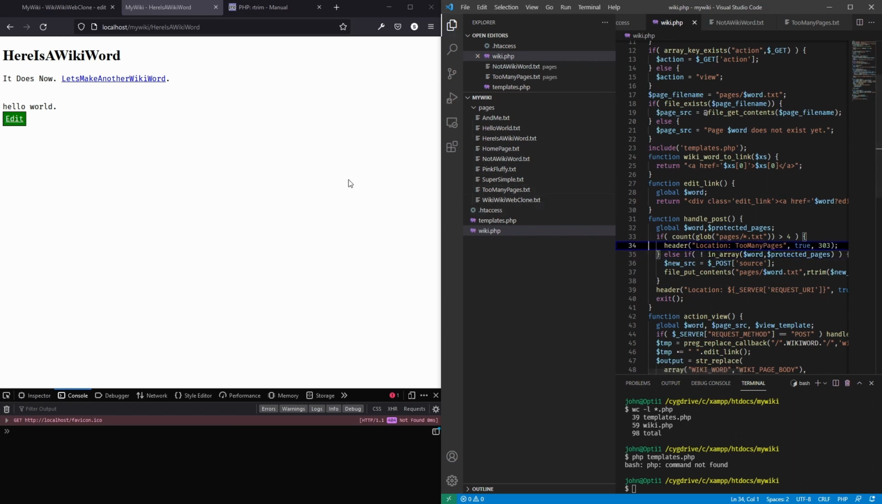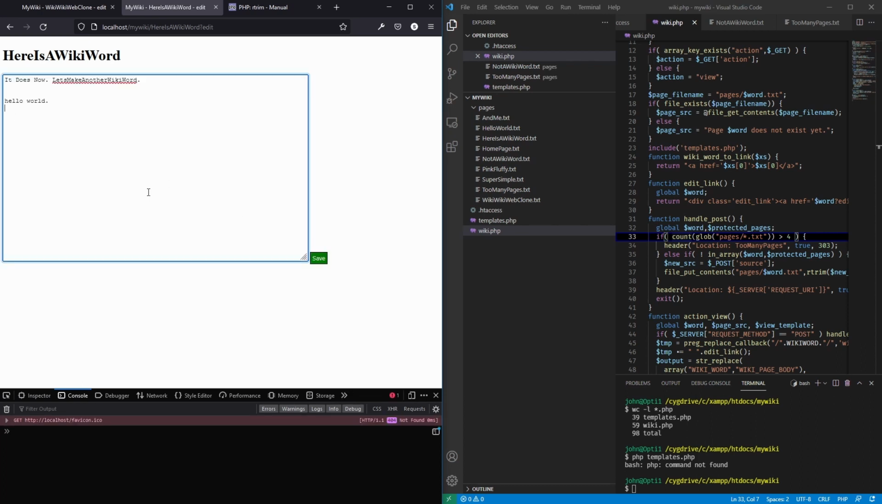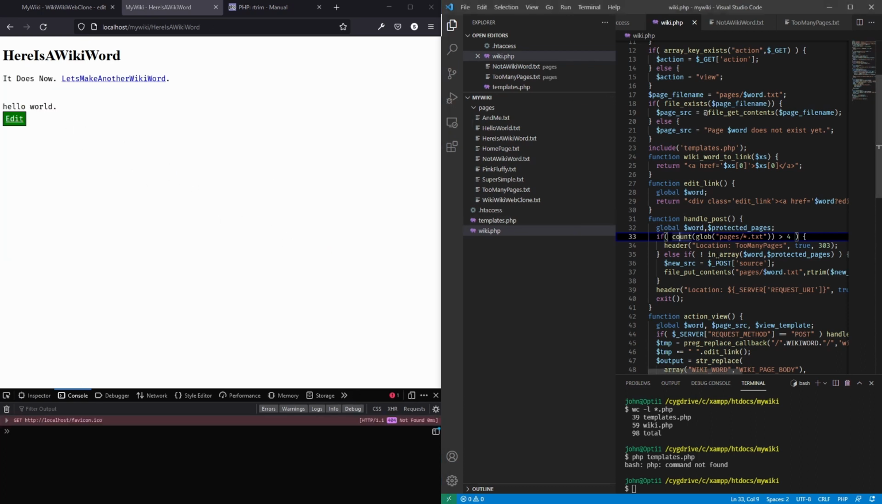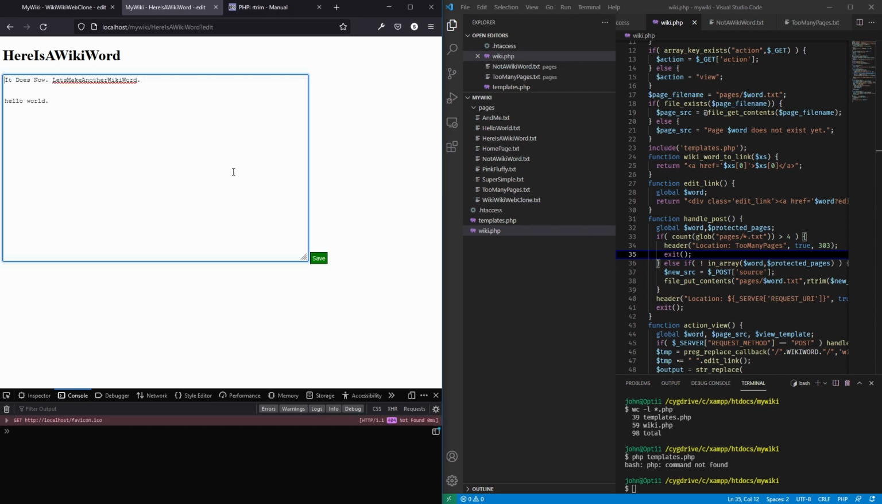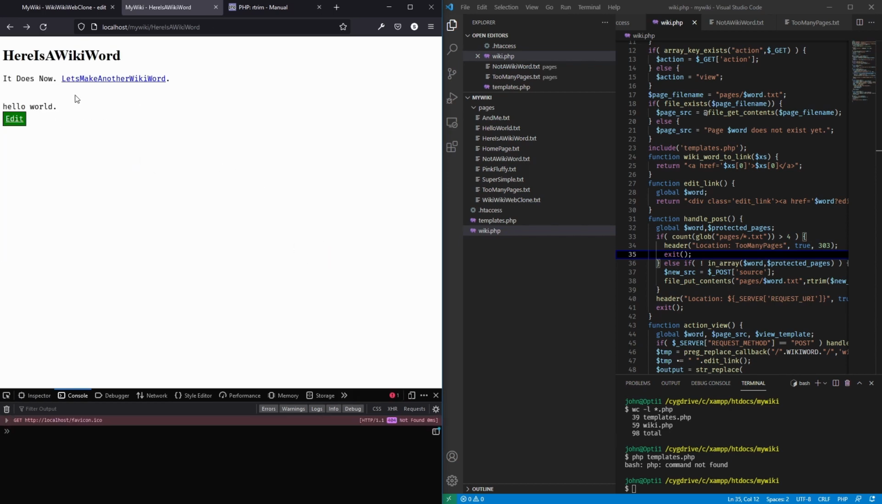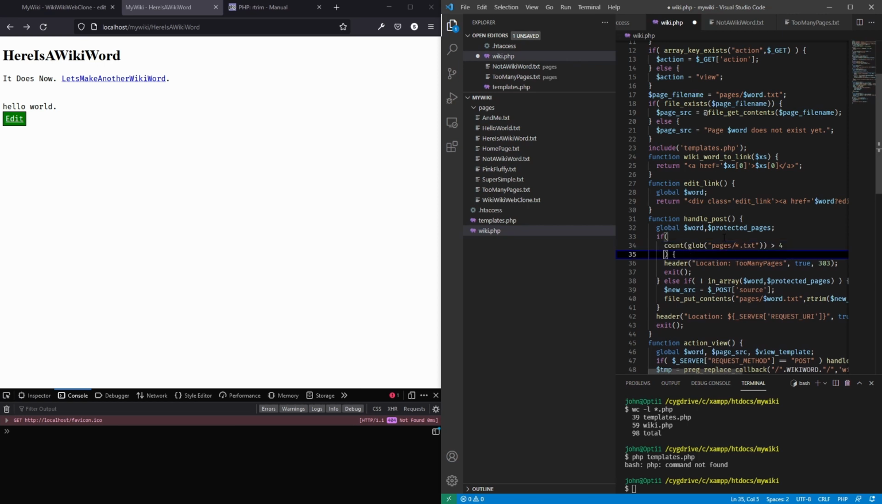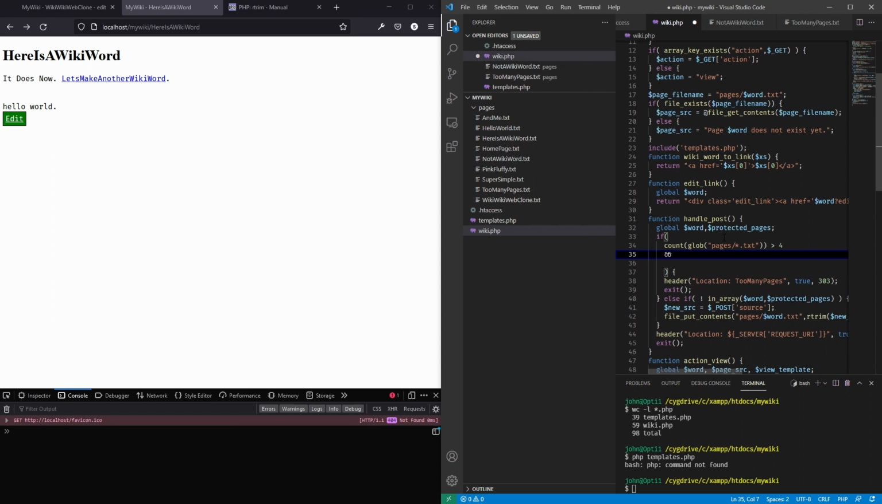So if we now, if. Now we're going to allow you to overwrite pages that do exist. If I do it at the moment and I edit this page here and try and save it, it's not letting me save. Trying to work out why. Let's try again. Edit, save. Too many pages. Now, if count glob is greater than 4, and